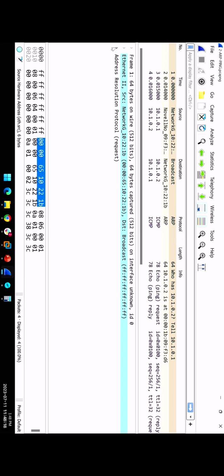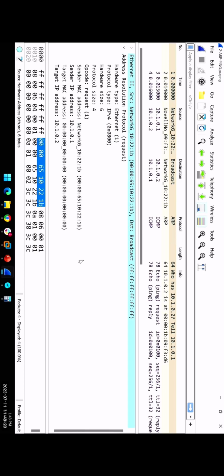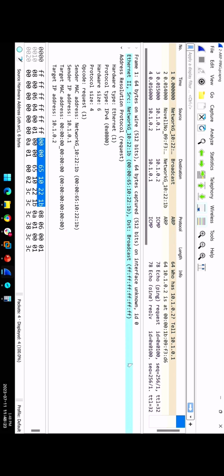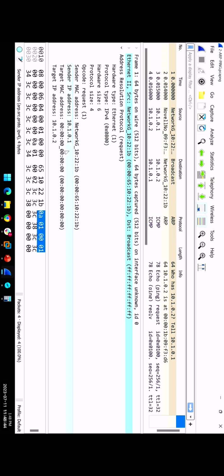Now, let's go ahead and open up the next layer here. You can see that's the Ethernet layer. Now let's open up address resolution protocol. And the address resolution protocol is just simply a system of asking, hey, I am looking for a certain IP address. I need you to tell me what their MAC address is. Now notice the sender is the one who sent the packet at the Ethernet layer. That's me, and I am at this IP address. And then I'm asking everybody,